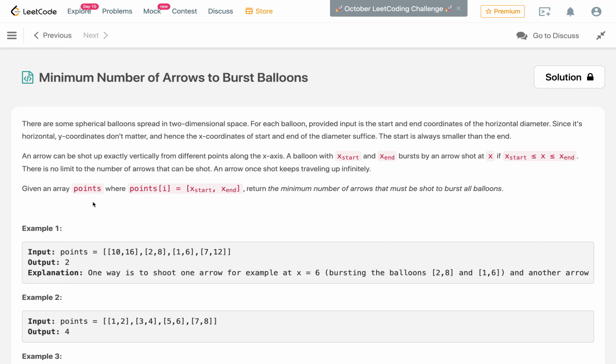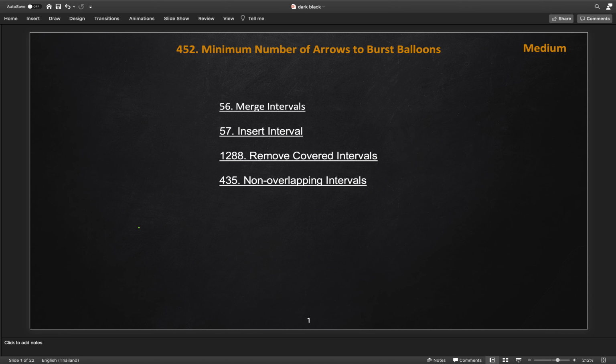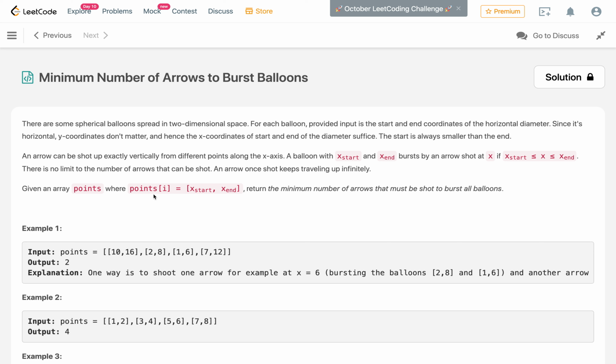So what this problem is, basically, we are given balloons, and the balloons are aligned on the x axis like this, given the coordinates of their x start and x end. Like these can be three balloons: one has x start 1, and end let's say 3, another 2 to 6, and another let's say 5 to 7. So like this we will get these pairs, start and end, in the points array, and we have to find out the minimum number of arrows that we have to shoot.